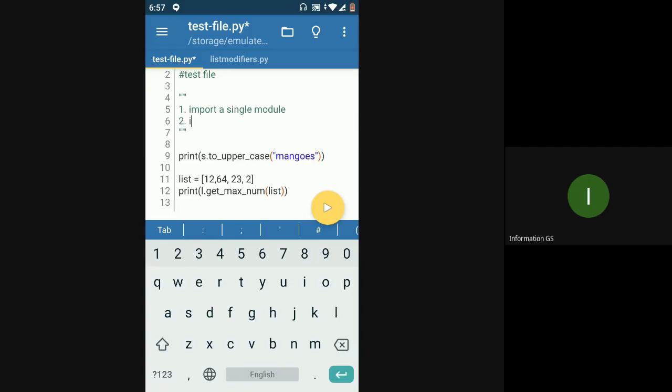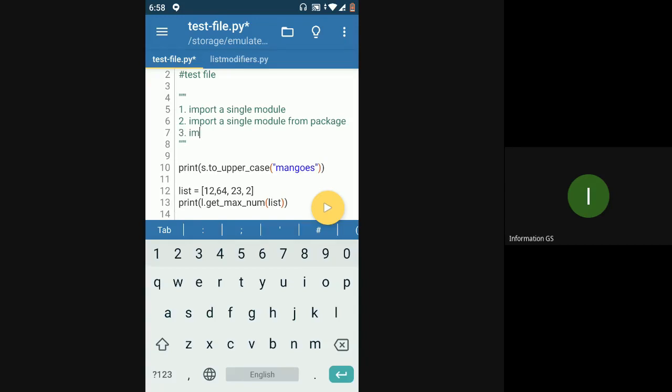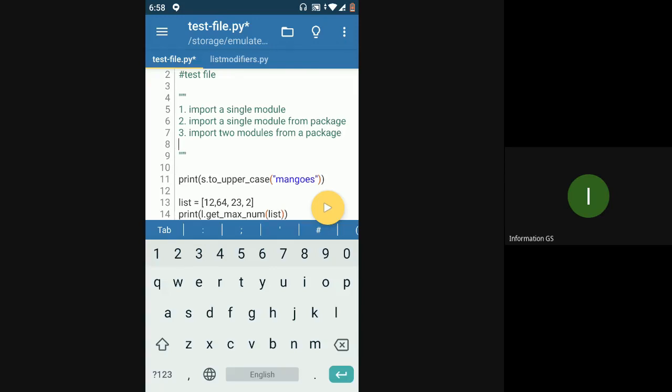Then we saw importing a single module from a package. Then third, we saw importing two modules from a package. This is all we covered. And then we saw alias, how to use alias.